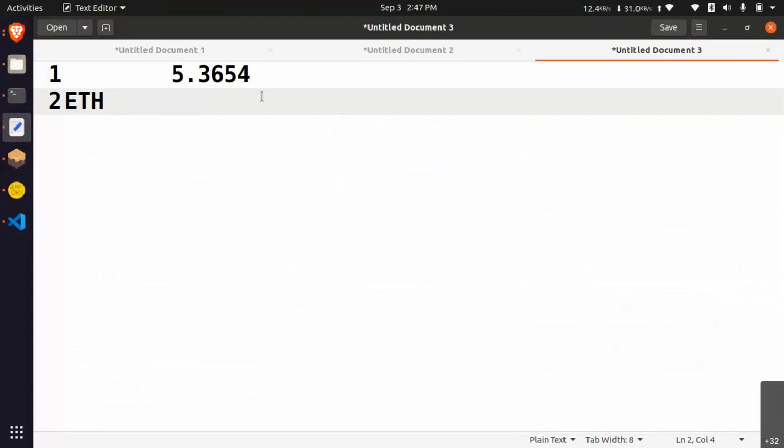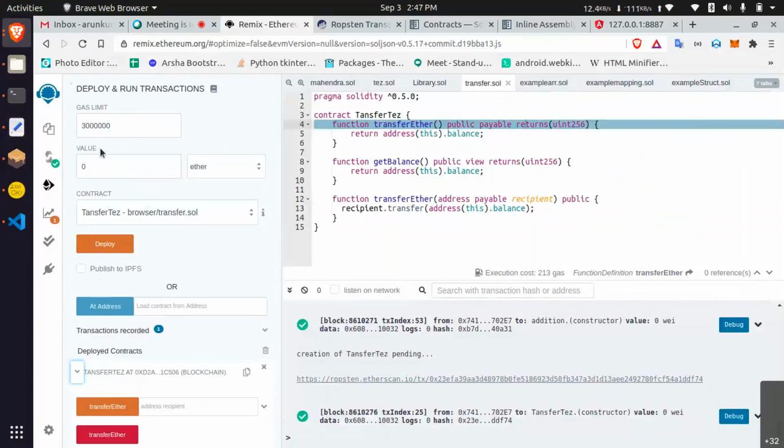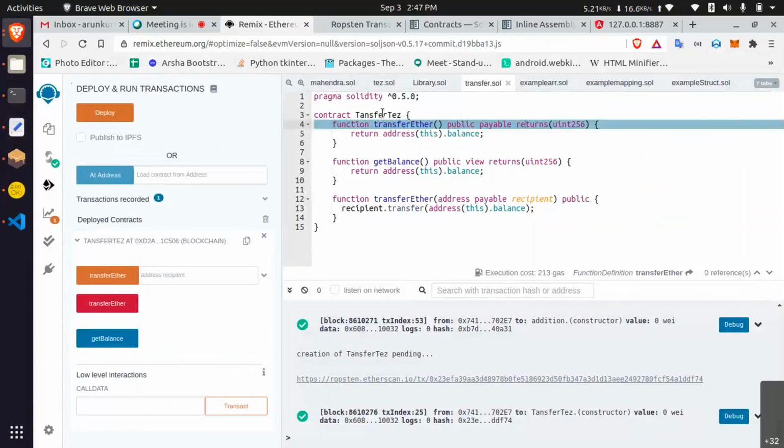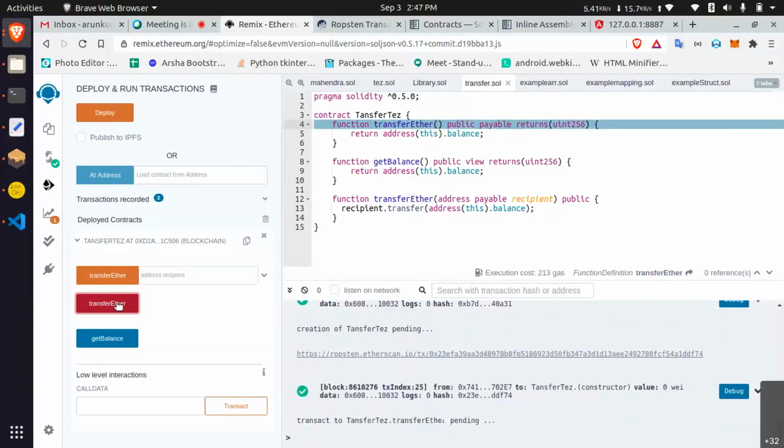I'm going to transfer one ether to the contract address by calling this transferEther function. Why? Because this is a payable one. You can see the method is also in a different color.